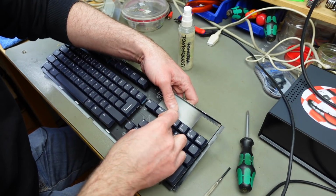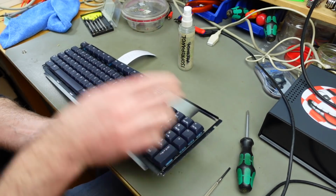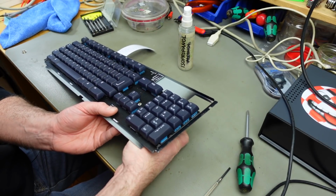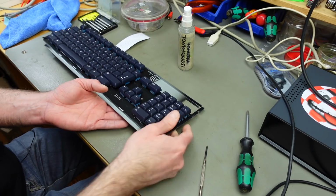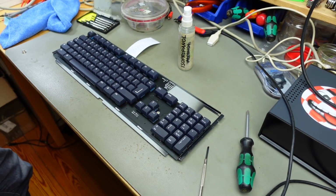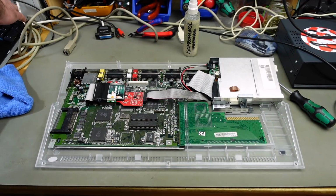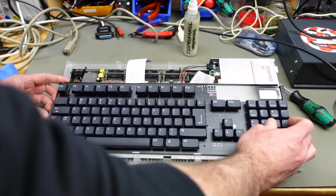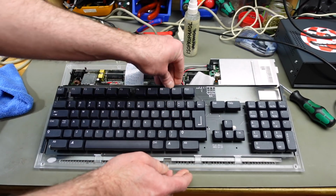Don't want to screw this down too heavily because obviously our circuit board might break. And I think Sergiusz also mentioned that on his website, that you don't want to use too much force. And there you have it. That's now ready to go into my Amiga. And obviously this should fit perfectly in here because it just uses the original bezel that slides in here. For some Amigas you are going to have to make some adjustments and things like that, but yeah, this is